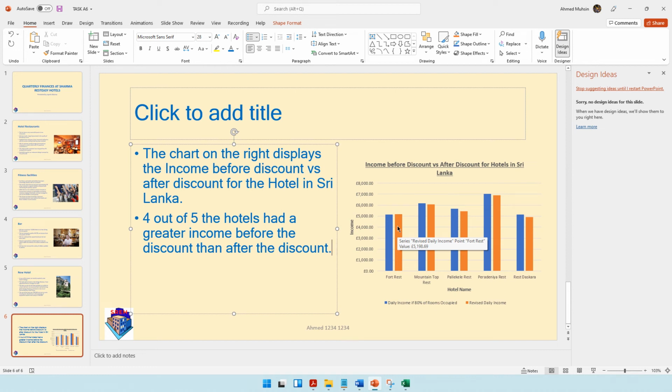So the revised income is slightly higher. So you can say only for Hotel Fort Rest, let's put it in inverted commas, only for Hotel Fort Rest, there was a slight increase in income